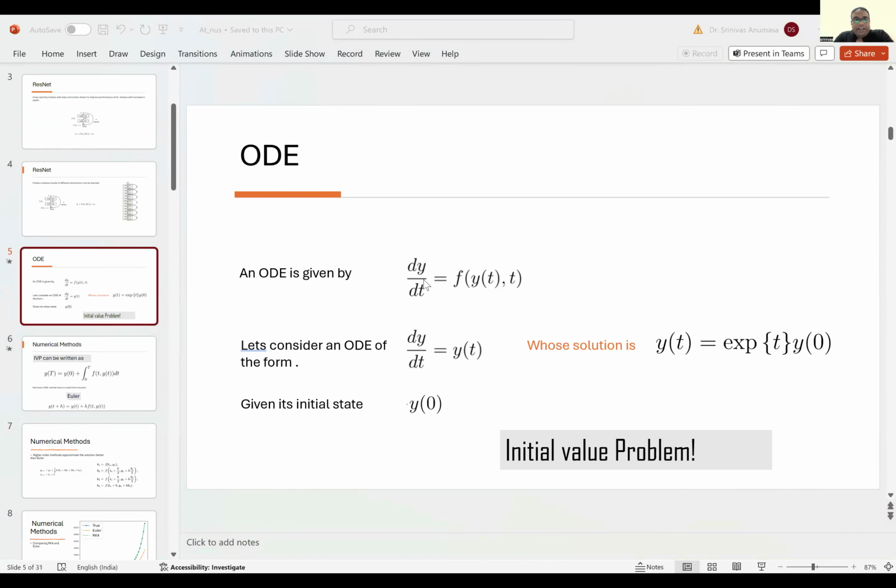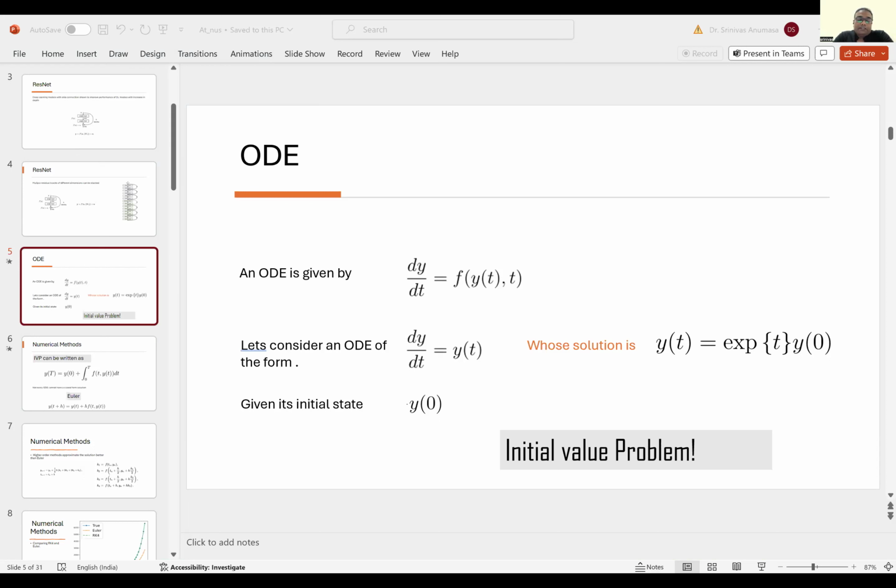So here I'm just giving what is an ordinary differential equation. It's a function describing how something is changing over a period of time. For example, in nature, when we want to calculate the motion of planets, it can be given as a differential equation. So let's consider a simple differential equation of this form, given its initial state